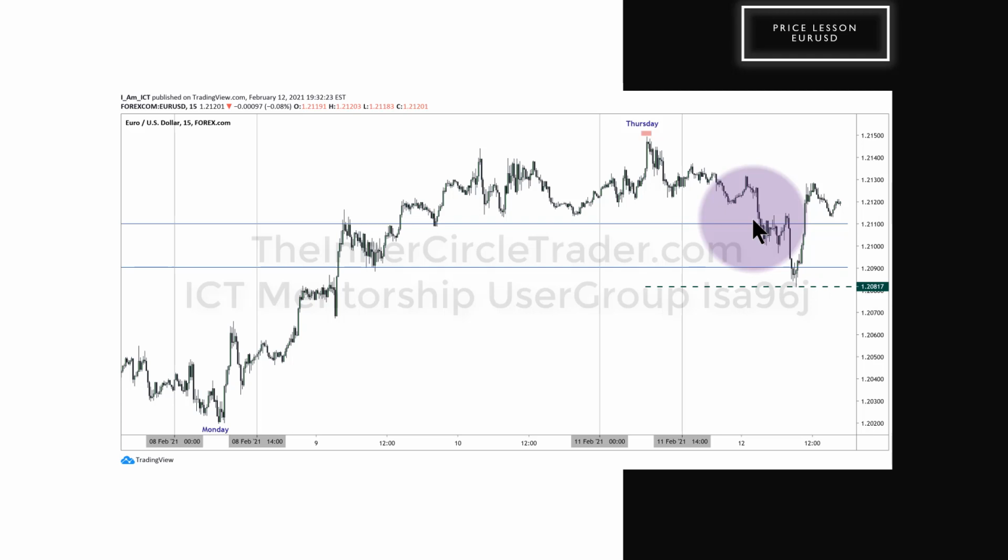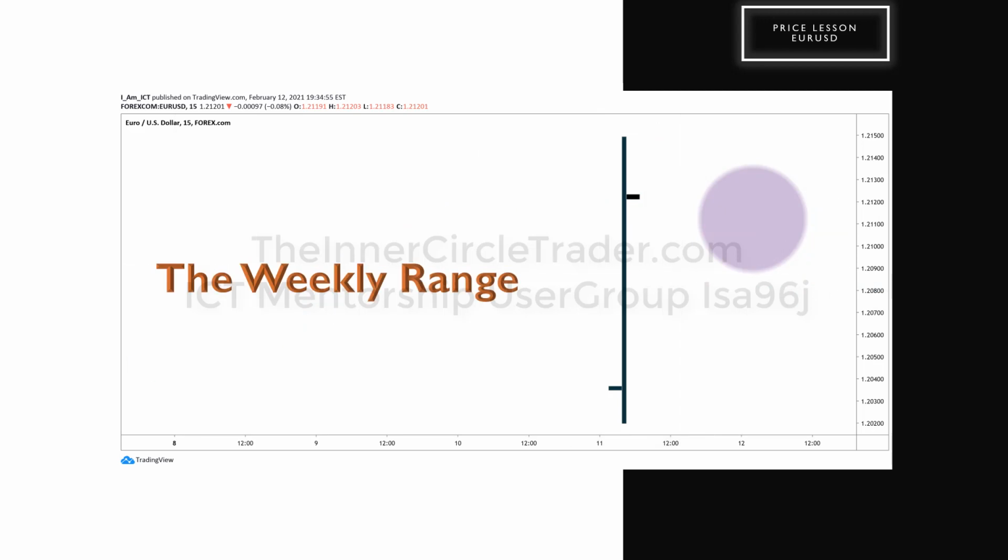If you consider what I've shown you here, with this chart, if we were looking at it from the scope of a weekly range, an open, high, low, close bar of the weekly range, it would look like this: the high and the low of the week, and where it opened for the week and where it closed. Again, we're not trying to forecast the closing price.